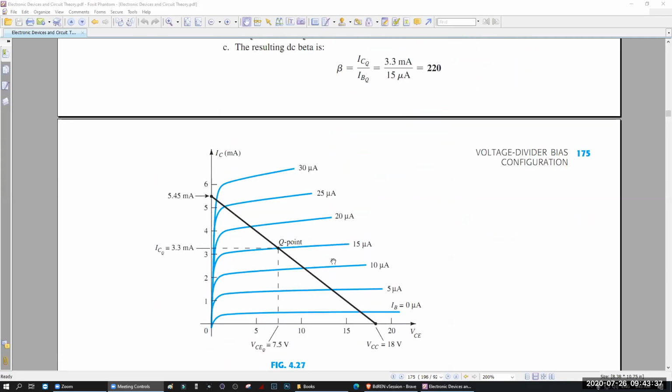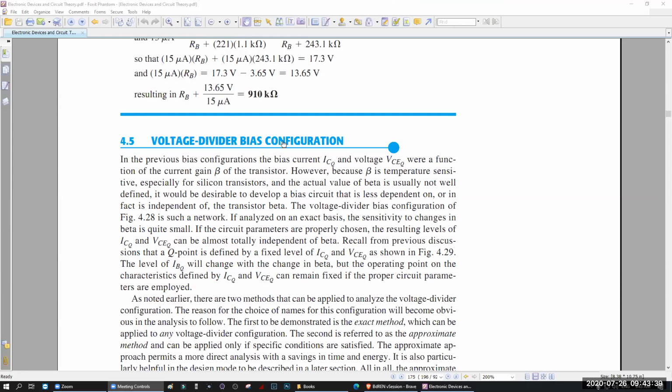Now we will be learning about the voltage divider bias configuration, right? Remember, voltage divider configuration is the best configuration among all the other four. Why is it the best? Because you have the best stability. Your stability will be the best in the voltage divider bias configuration. Remember, this can be your Viva question: which one is the best and why? Got my point?